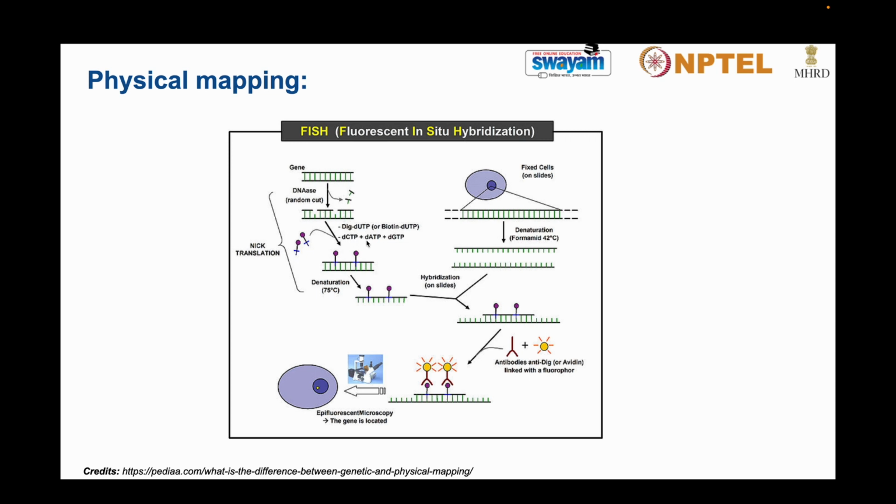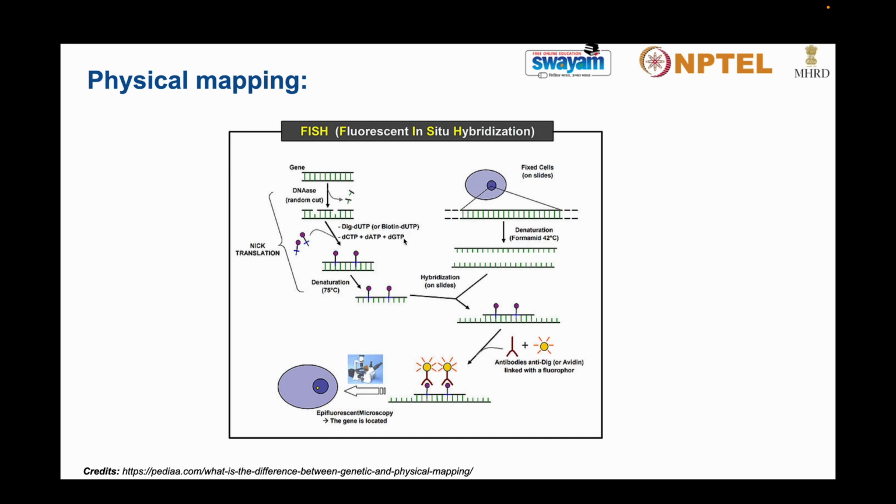generally with labeled CTP, ATP nucleotides, triphosphates. So in this way the probe is constructed. Now there is a fixed cell on the slide which contains some DNA. It is denatured. Now we perform the hybridization so that the sequence specific to this gene could bind this particular DNA that is obtained from the gene. Wherever it finds its complementary sequence, it will bind specifically to that region,